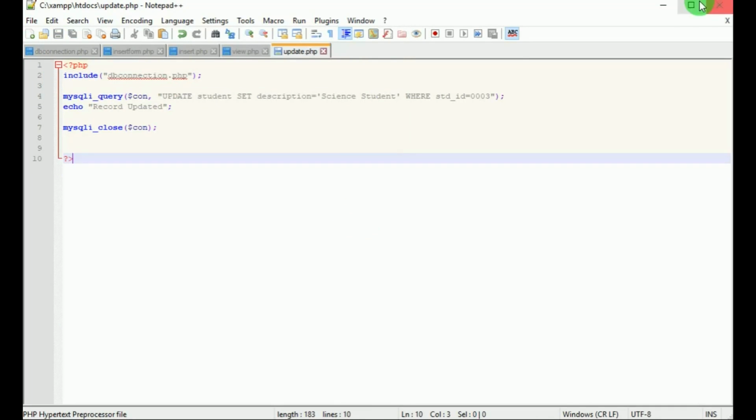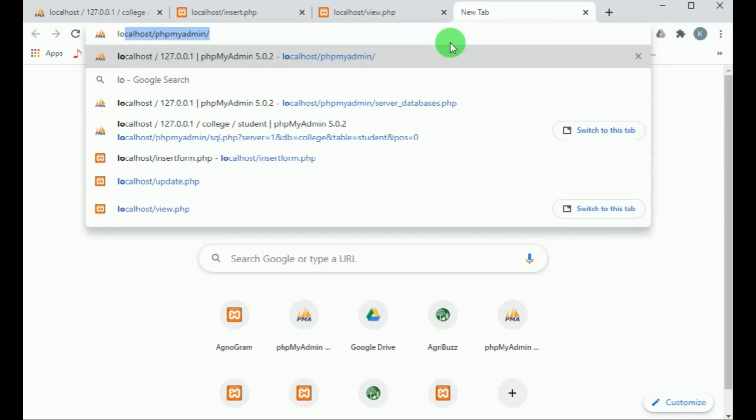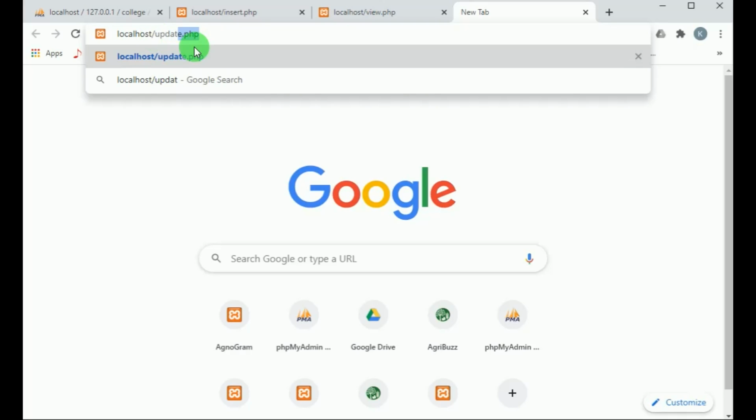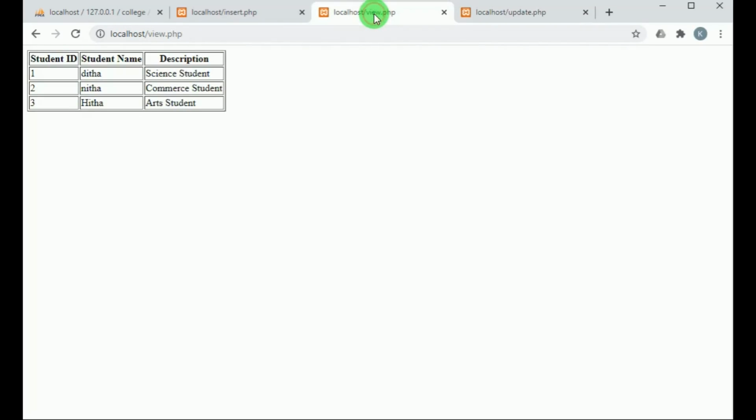Let's save this. Now let's execute update.php. We can see the view.php and we can see the records. Now let's execute update.php. Record is updated. Let's view the view.php. Here we can see the record is updated for the student ID 3 with description science student.